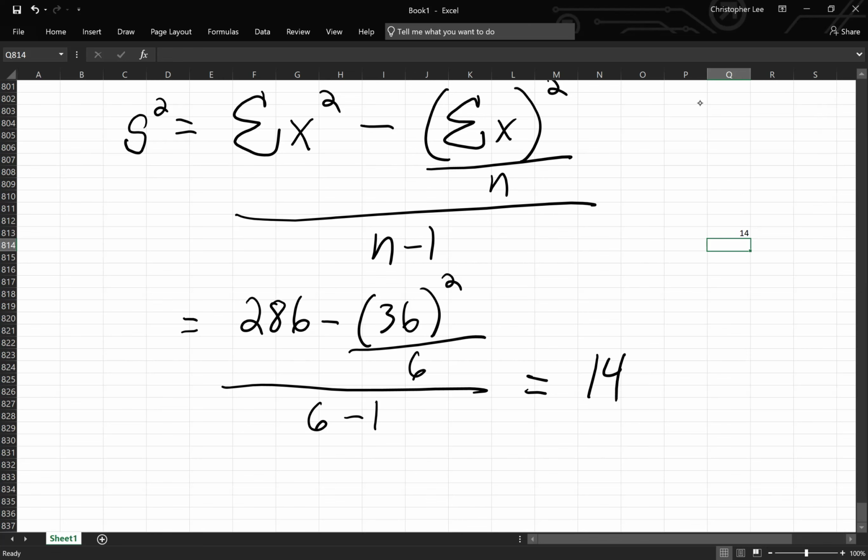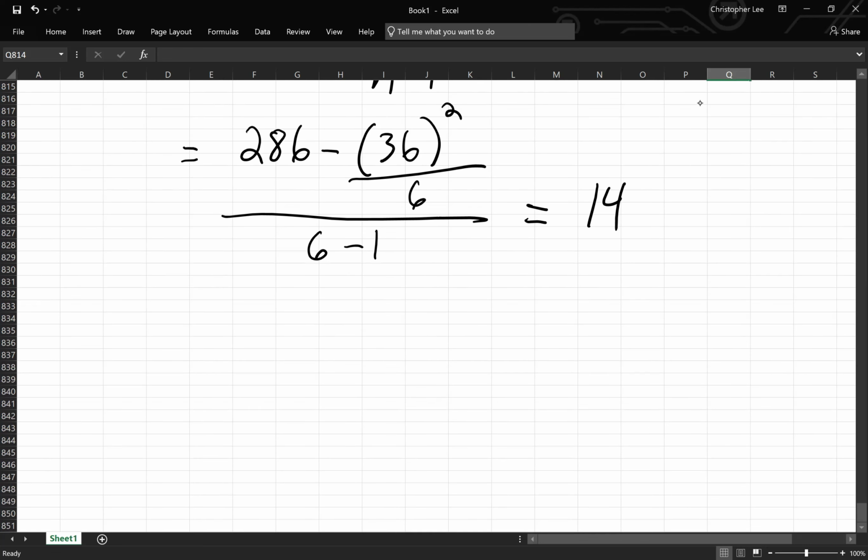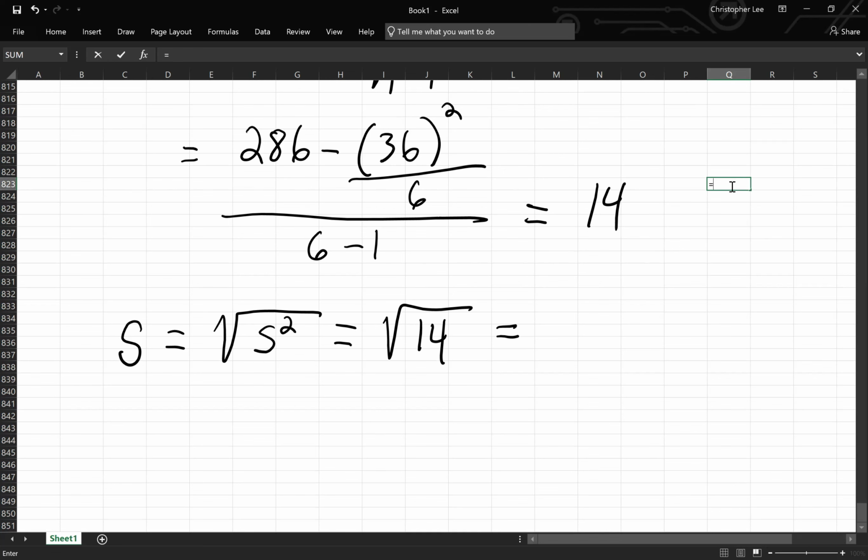14. Right? And then to find the standard deviation, which is what we've been asked to find, what you have to do is you have to square root your variance. In this case, we're going to square root the 14. And that's our standard deviation. Let's actually do that and get the answer out. Square root of 14. Let's see what that is. So in my calculator, I got